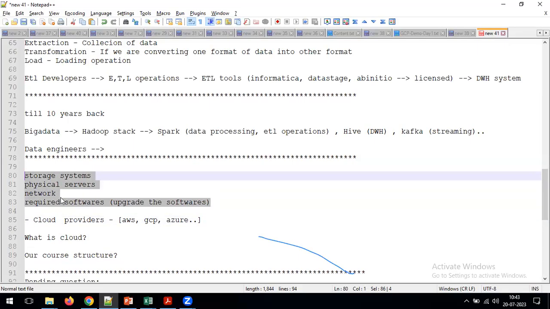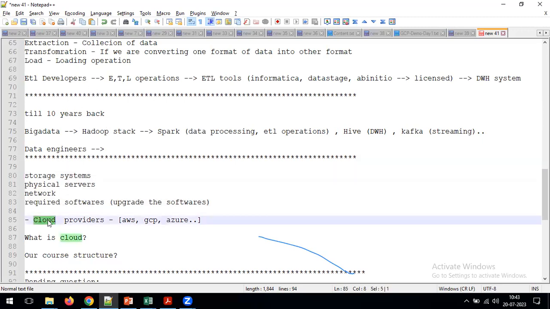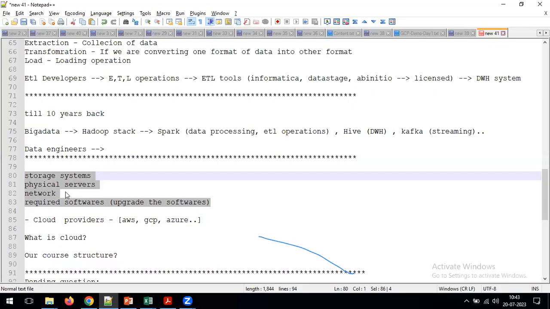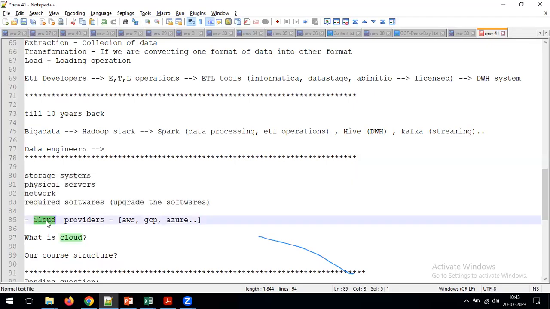You need to simply focus on how we need to perform the data processing operations, or we can say how we need to perform the ETL operations. By seeing the statement, you tell me, as a data engineer or as an ETL developer, whether you should have knowledge on cloud or not. If you are going to use the cloud as an ETL developer or as a data engineer, no need to worry about all these things. By using the statement, can we say, as an ETL developer, as a data engineer, whether you should have knowledge on cloud or not? Is it required or not?